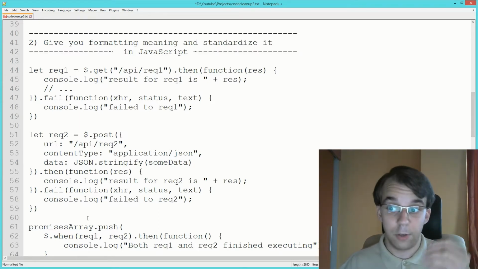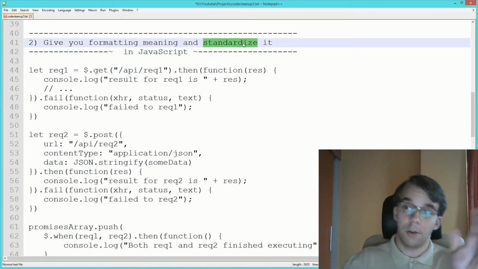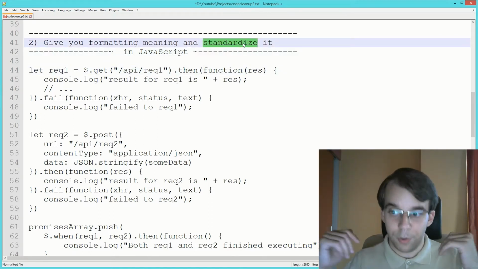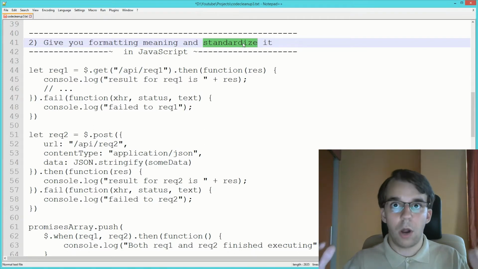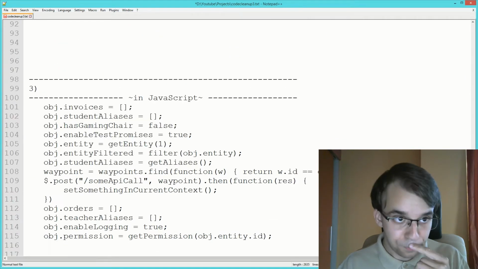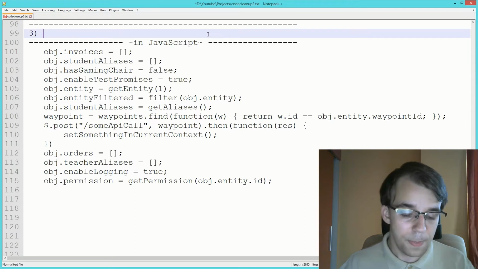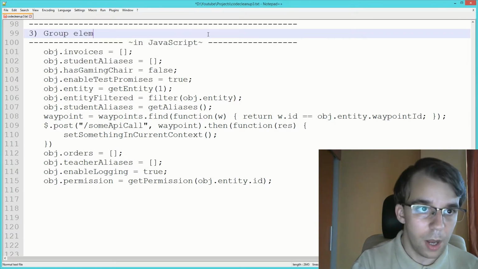Then that's all right. Use it and also standardize it. Don't just use it once and be like, I'm gonna make another standard. Use it throughout the whole project. Okay, and the third tip here is a very simple one actually, is group elements